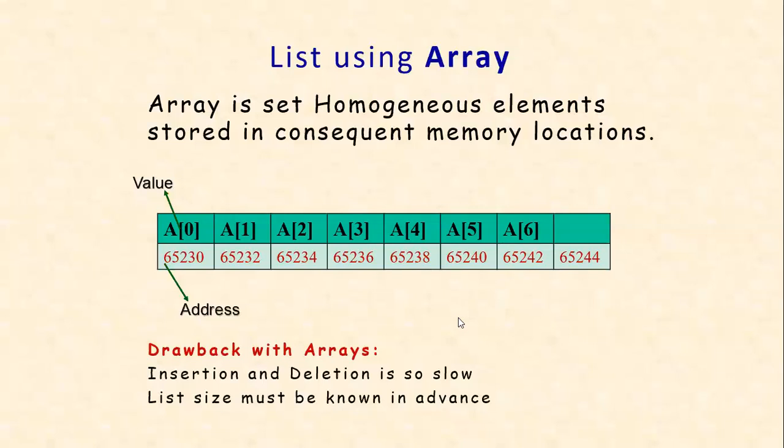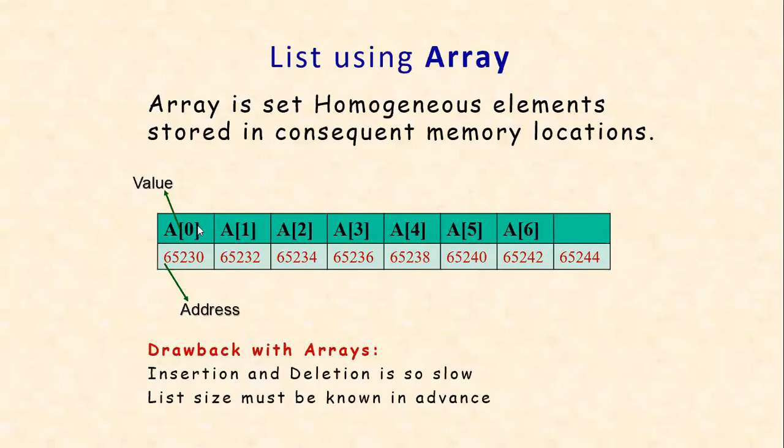Number two, suppose, let me take the same example as we have shown. I want to insert a new element in the first position. Here a of 0 is the first element, a of 1 second element, a of 2 third element, and so on. Assume like that. Now I want to insert a new element in the a of 0's position, which is already having some set of values. Let us say 10, 20, 30, 40, 50, 60, 70 are already there. I want to insert 80, but in the first position.